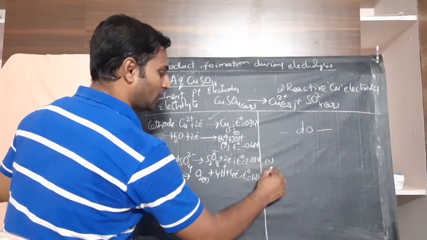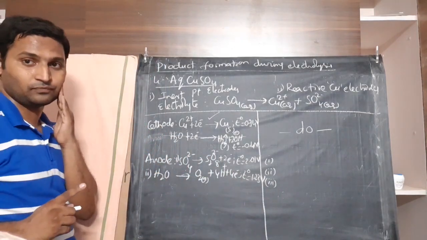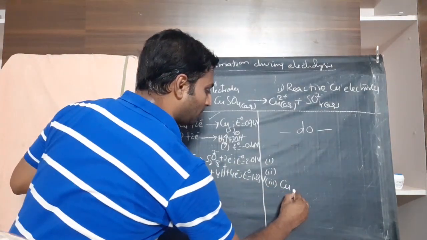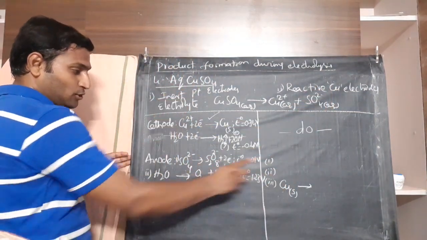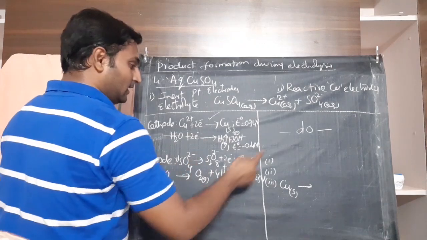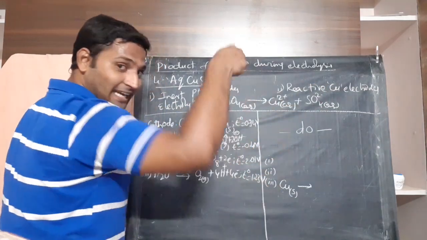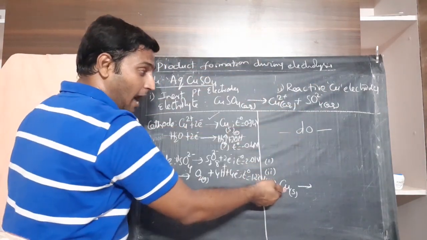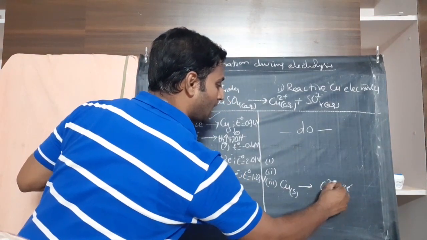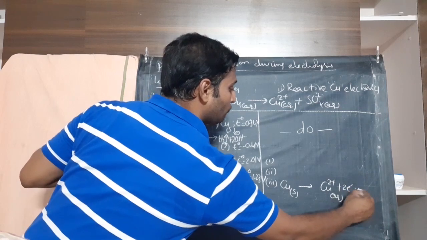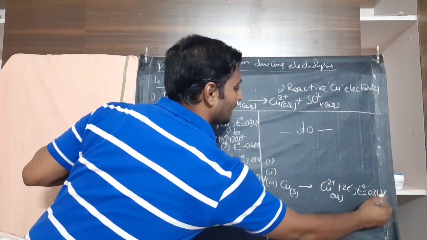Apart from reaction 1 and reaction 2, there is a third possible reaction at the anode, which is that of copper metal, because you have used a reactive electrode here. Here you have used an inert platinum electrode, so you don't have that problem. Here, sulfate can undergo oxidation, water can undergo oxidation, or because copper is a reactive anodic metal, the copper metal used for the anode may also lose 2 electrons and become copper cations and enter into solution, for which the electrode potential value is 0.34 volts as discussed already.